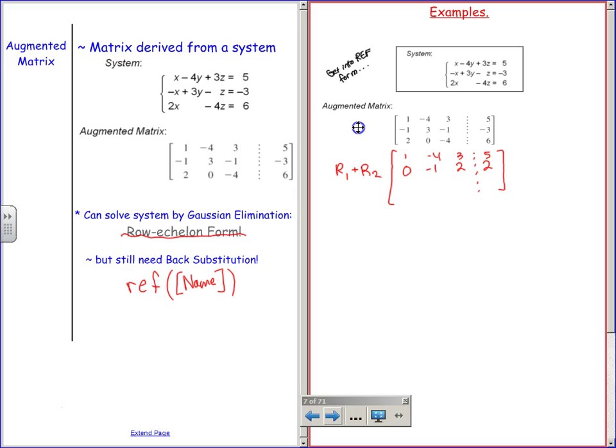That's the augmenting is saying, okay, this part of the matrix